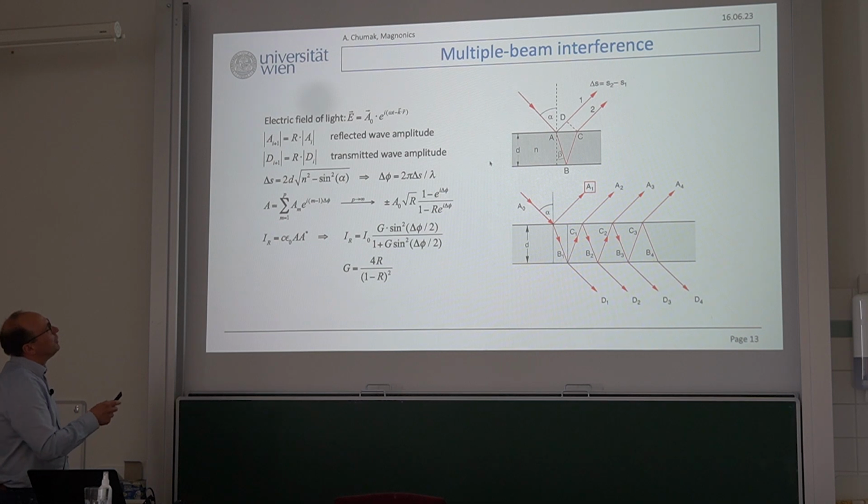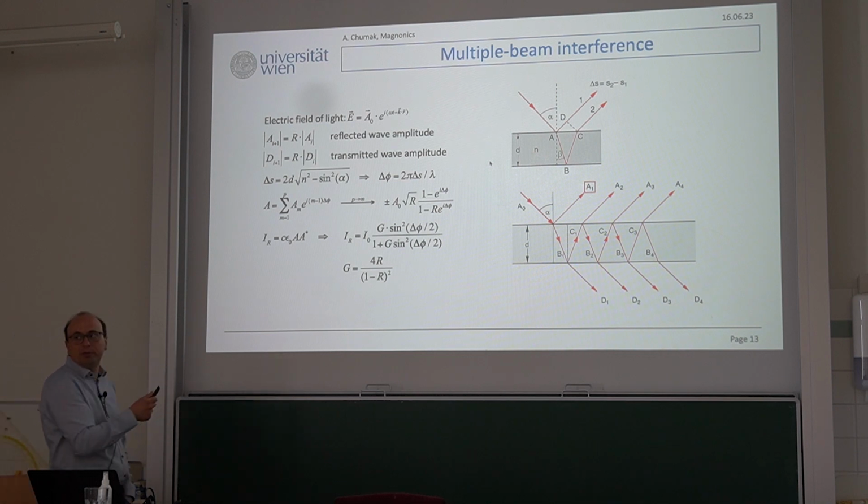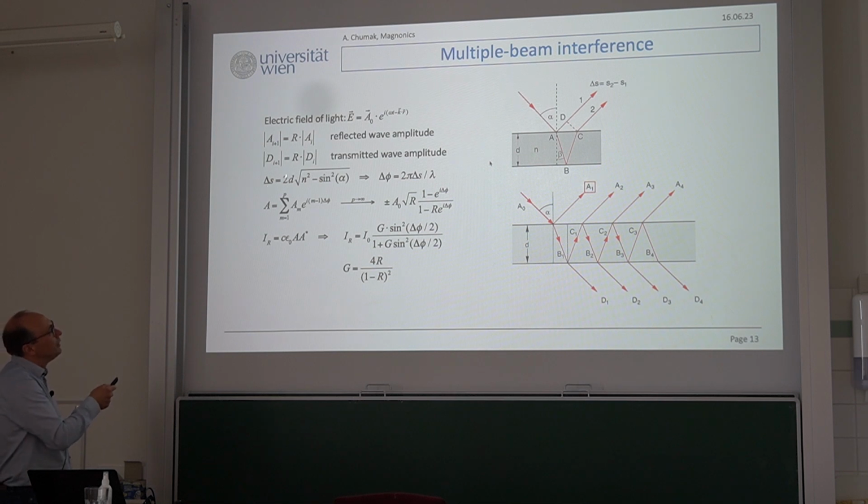And so how do you describe it? Yes, it's a simple plane wave, E to the i omega t minus k r. You describe the reflected wave amplitude of generation i plus 1, so one next generation, as the reflection coefficient times A_i, the previous incident wave, and the transmitted wave amplitude is given by d_i plus 1, any new iteration, which is given by the reflection coefficient and the previous one. So that's how it can be found. Delta S is given by the distance between mirrors, by the refractive index of your mirror, and by the angle alpha,